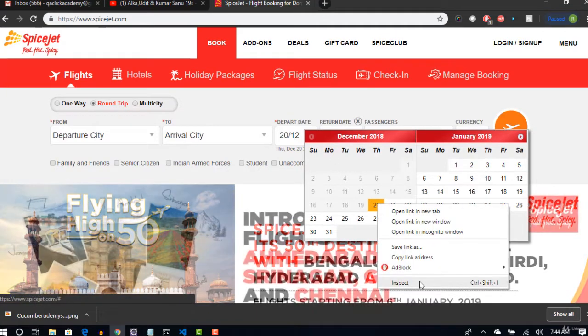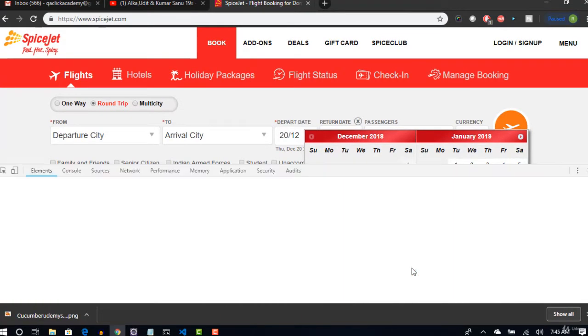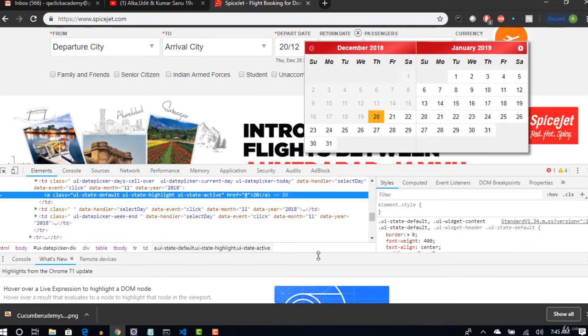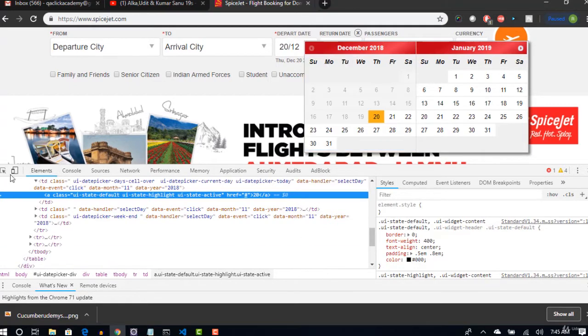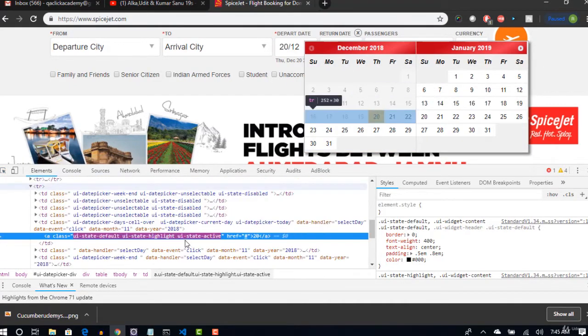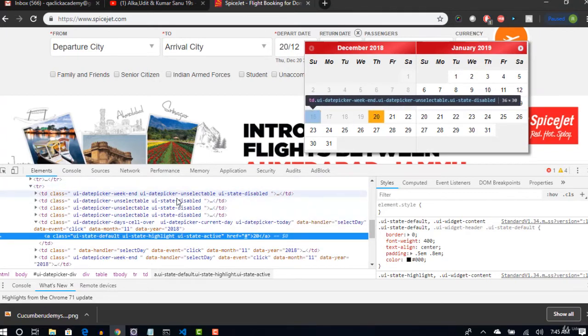So right click, inspect. Okay, so let me pull this down. So you see that all these are different dates. When I move my mouse, you see that the dates are also moving.